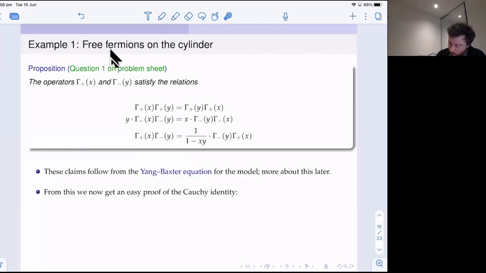But yeah, you can prove all of these identities from the Yang-Baxter equation. And so from this one here in particular, you can get a very easy proof of the Cauchy identity. So again, I think this is pretty standard for everyone here, but what do we want to do? We want to prove that